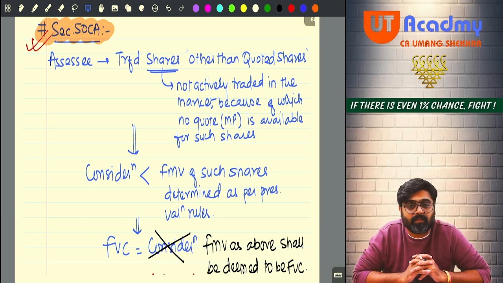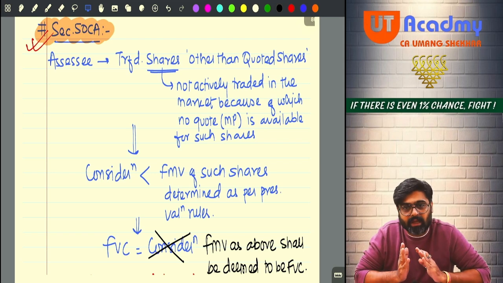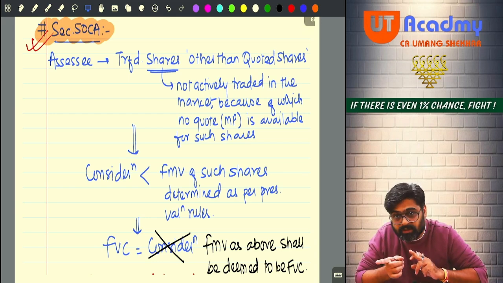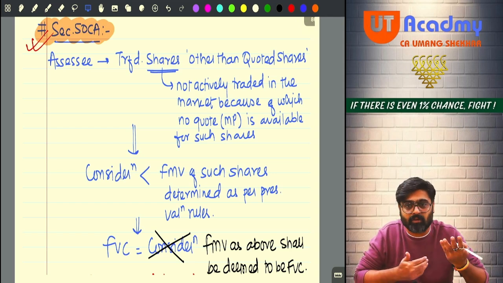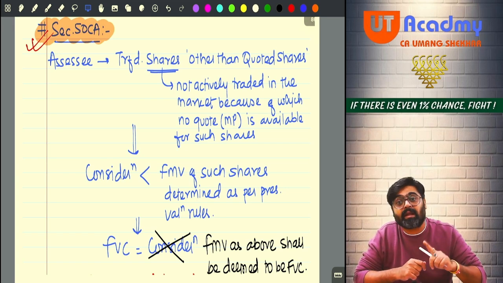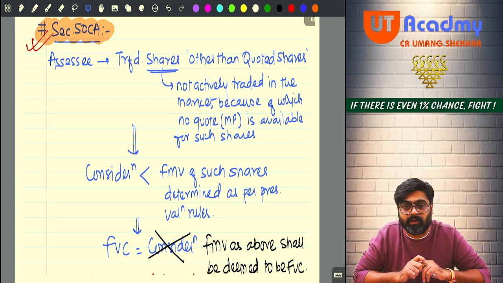And you cannot even catch me, because there is no price available in the market against which you can verify whether I am telling you the truth or trying to hide something from you. So 50CA came, and as per section 50CA, the sale consideration which you offer for the purpose of taxability of these shares, we will compare with the fair market value of these shares. Not the market price. Market price is not available, so don't worry. The fair market value of these shares will be calculated.